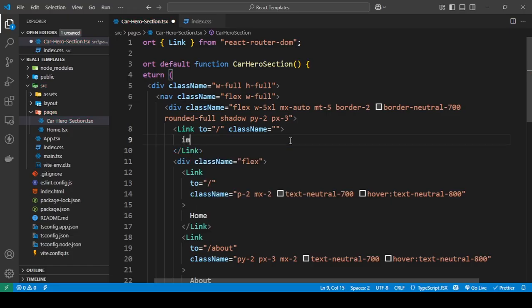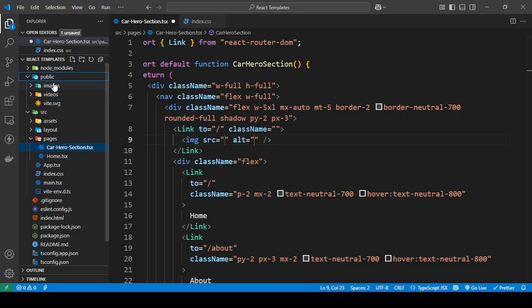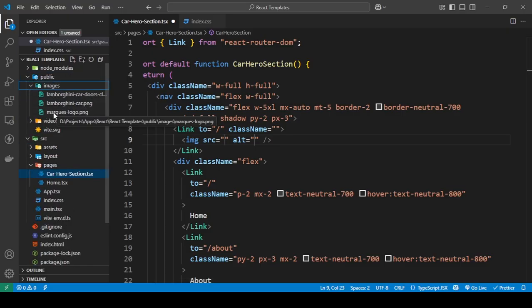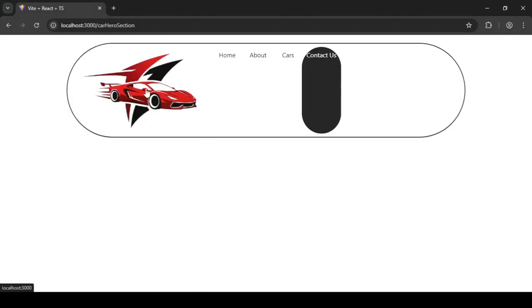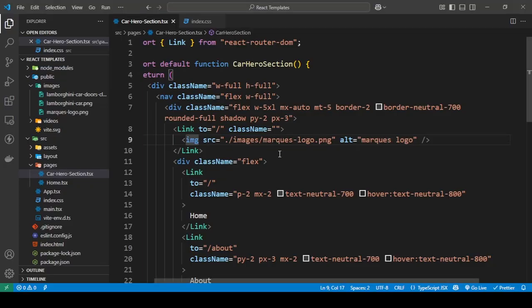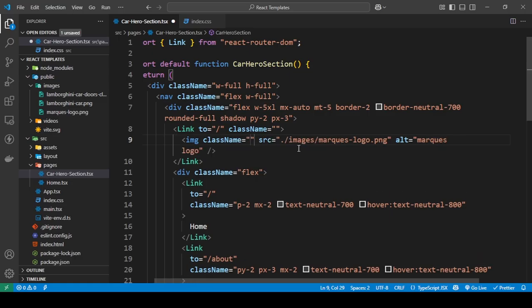So since my image is in my public folder in my images, okay, so this is the image. I'm just gonna do dot slash, and since it is in my public folder, I can just point to it by saying images slash and then the name of the file. As you can see, the image is actually pretty big, so what you can do is do